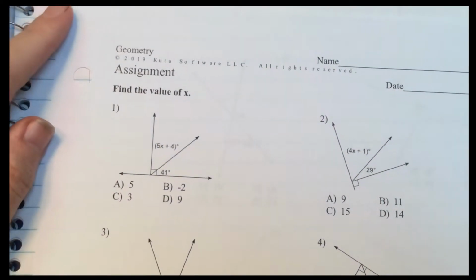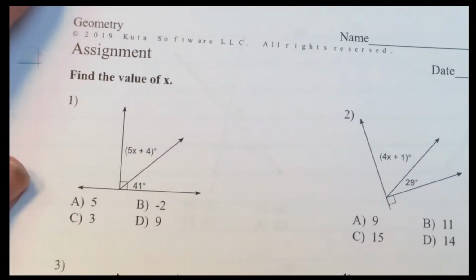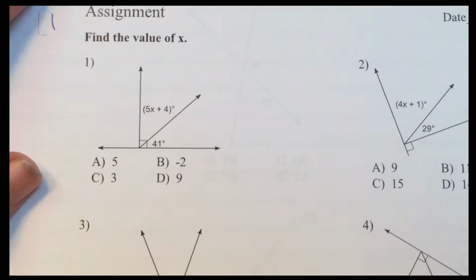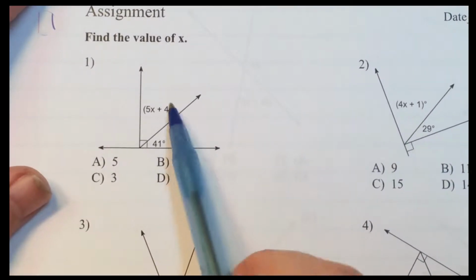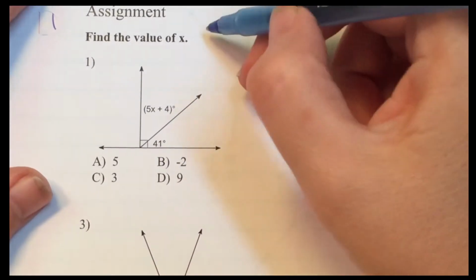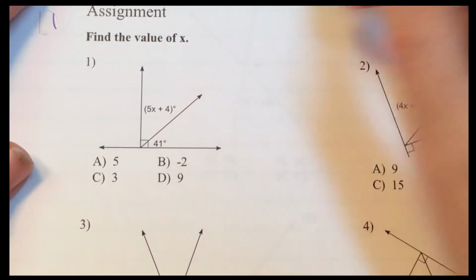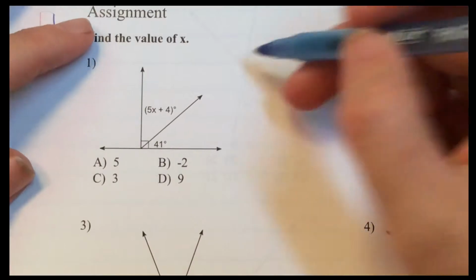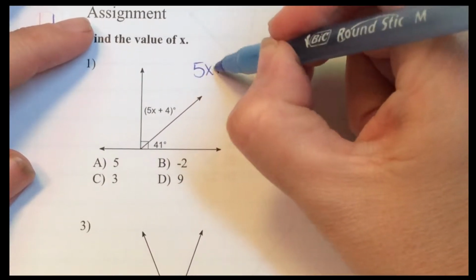So number 1, I'll do as many as I can on the paper, just for simplicity, but a lot of times they don't leave us much room. These two angles are complementary, and you can tell by the little box here. So that means they add up to 90. Complementary means 90. So when I set my equation up,